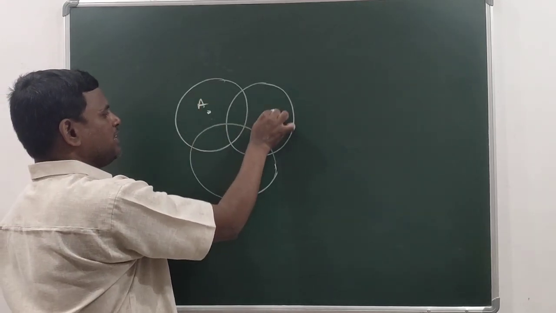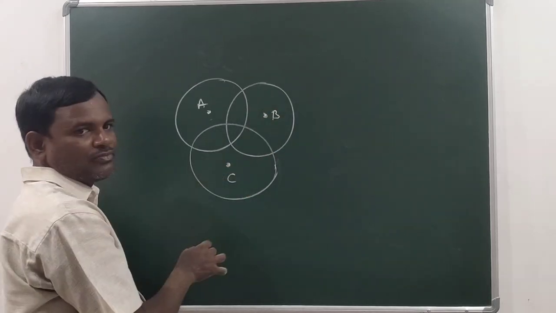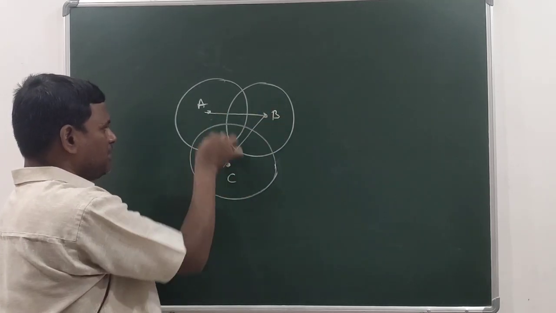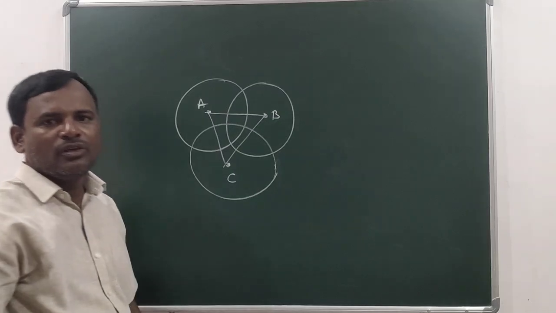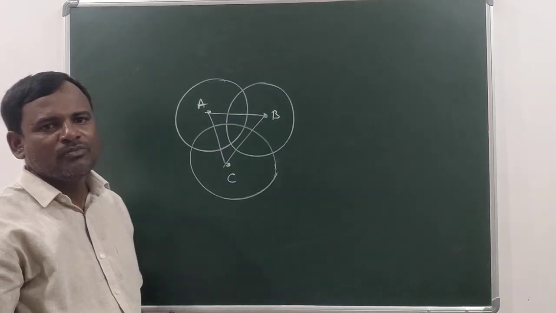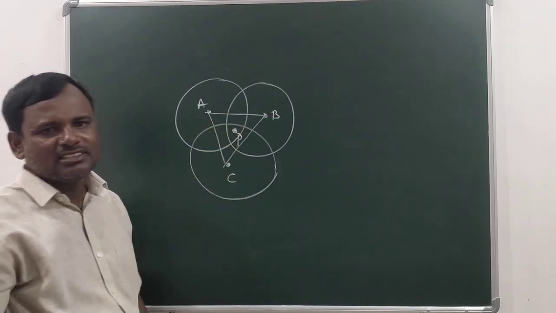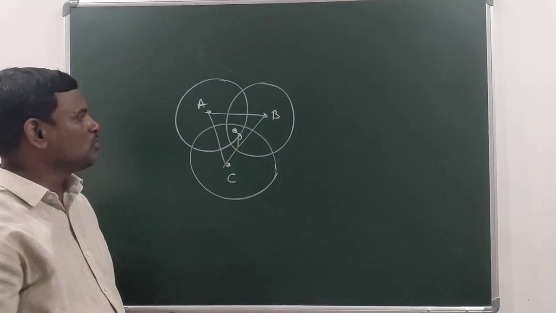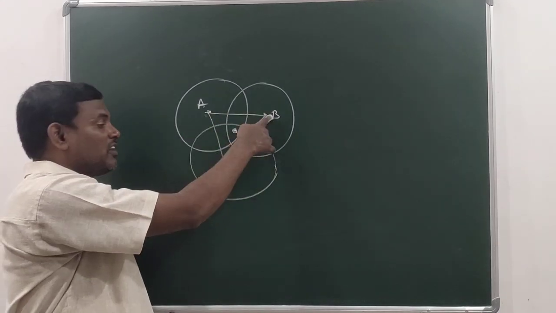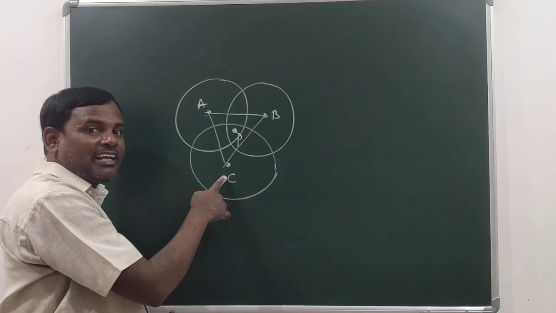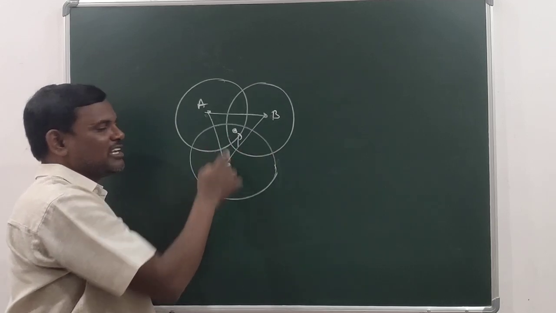Let us name their centers A, B, C. Now connect these A, B, C. You got a triangle ABC, no? Then the orthocenter of triangle ABC and the radical center of these three circles are